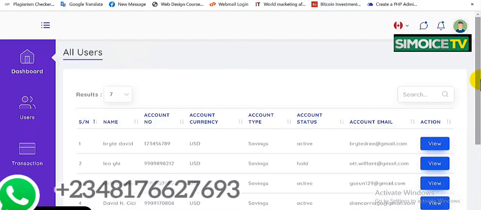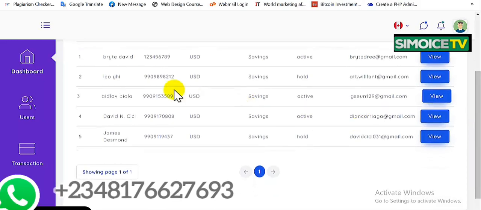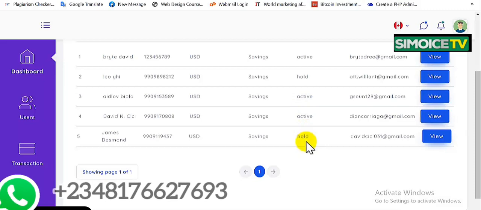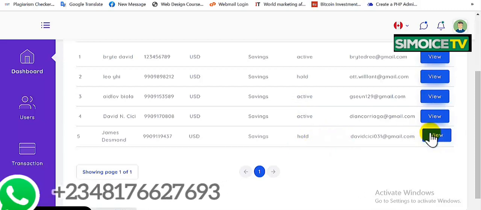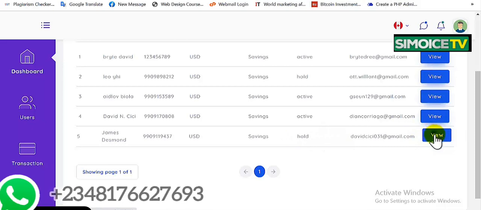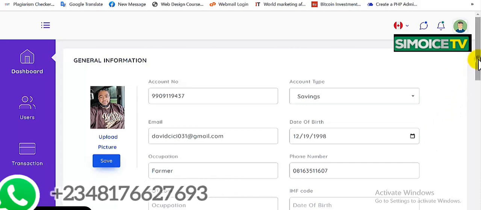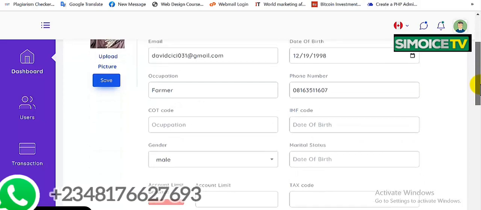All right, so those are the various accounts which have been created on this website already. So this is the one we just created. As you can see, it's on hold. Okay, it's not yet active, so we want to activate this account right now. So to activate it, we'll click on view. Okay, so once the page opens like this, the next thing we need to do now is